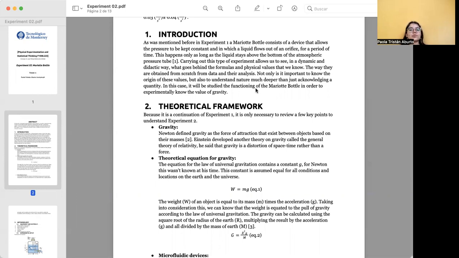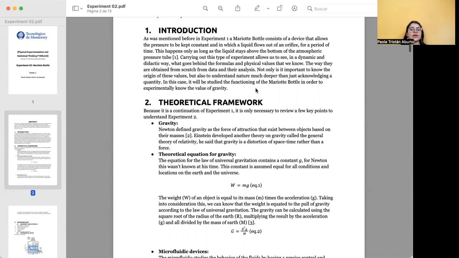The relevance of carrying out this type of experiment is to see how we obtain the formulas and the physical values that we know, and also to understand nature much more deeply than only acknowledging the quantities that we know. In this case, we are going to study the functioning of the Marriott bottle in order to experimentally know the